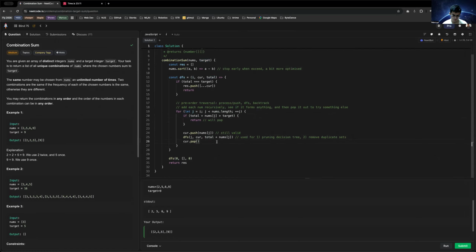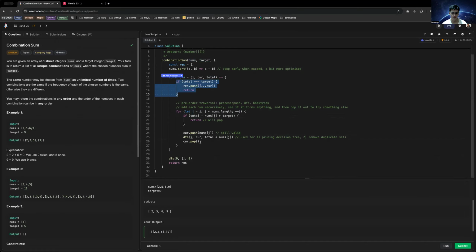Okay? And then j will be equal to 1, because that route returned early. We'll do 2, 2 plus 5. 2, 2 plus 5 is not greater than 9, because 9 is not greater than 9. We'll add 5 to this, and then we'll do DFS. Once you do it, you enter here, and 2, 2, 5 will be a